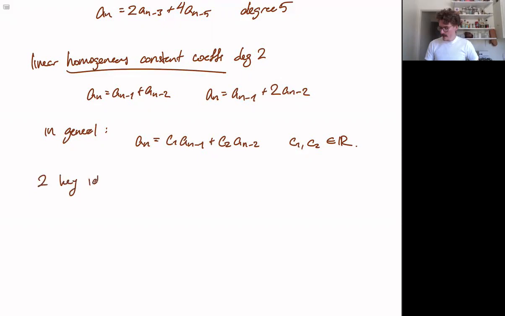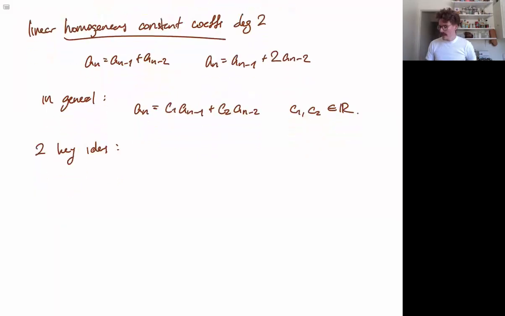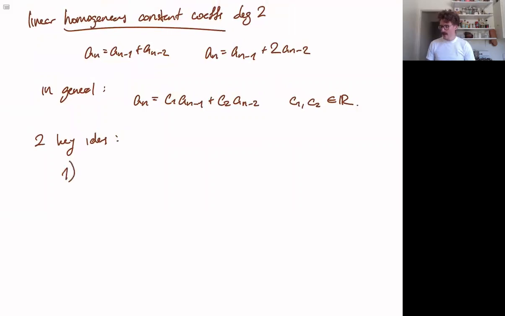So there are two key ideas for how we're going to find the solutions to these recurrences. The first key idea is that a_n equals r^n. So we have a solution of this form where r has to be something very special, of course. It's not going to be just anything. a_n equals r^n is a solution if r is a solution of the corresponding characteristic equation,